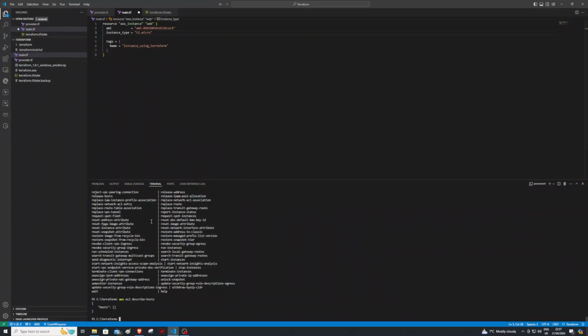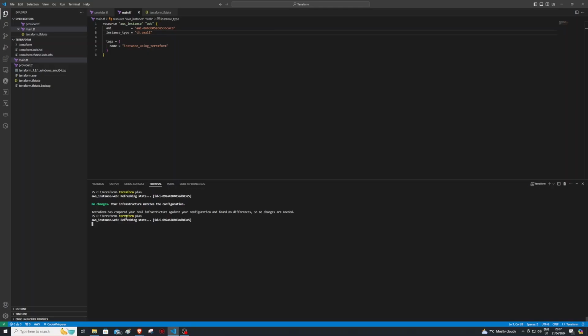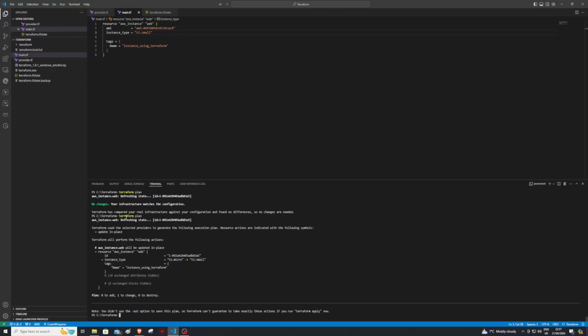So let's change the instance with T3 small. Terraform plan. Interesting. Let me make sure it's not a save thing again. Good. So as we can see